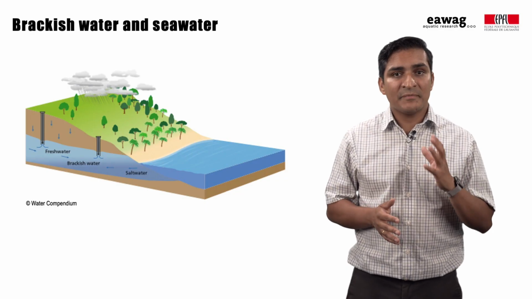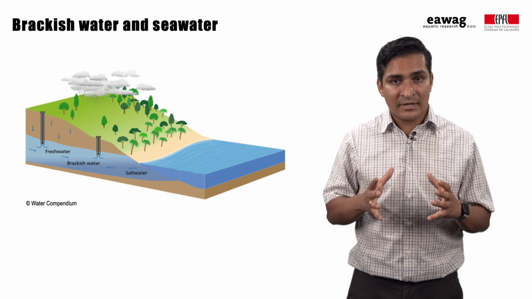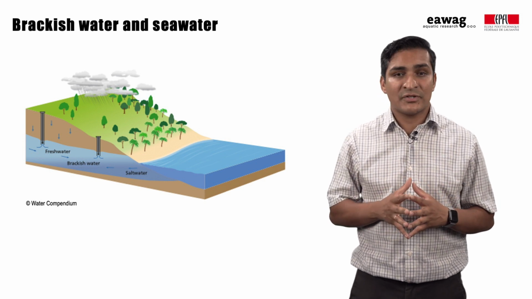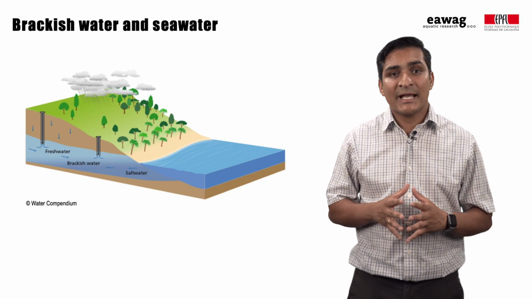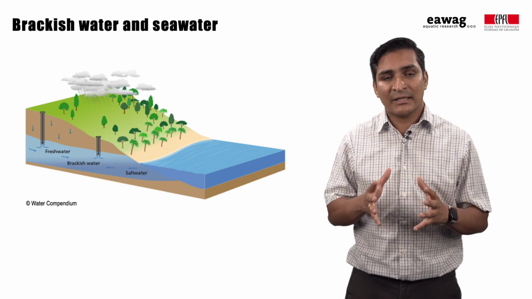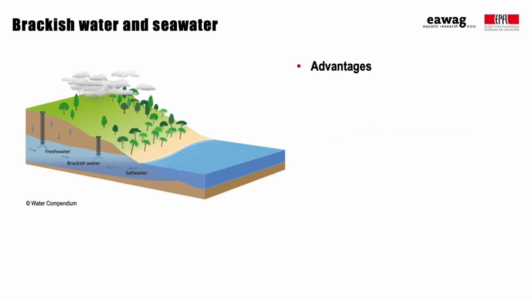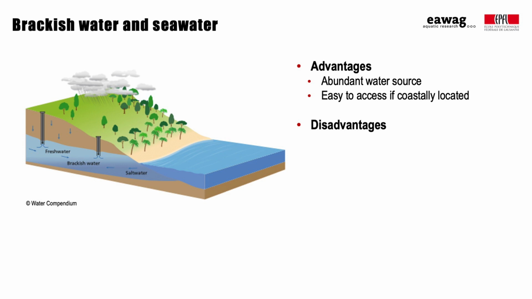Brackish water is a mixture of seawater and freshwater, and while it has lower salt concentration than pure seawater, it still cannot be used directly for drinking purposes. Both seawater and brackish water are widely available, but to remove the high salt content from these sources, expensive and energy-intensive desalination processes must be applied, including the safe disposal of brine byproducts.